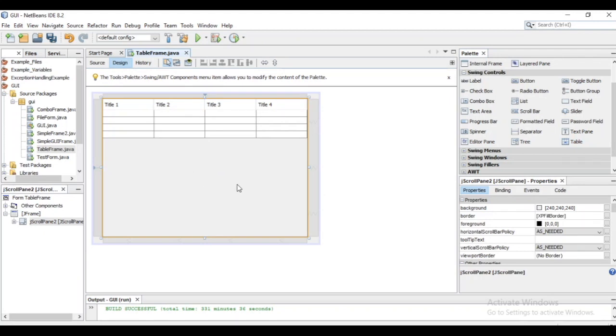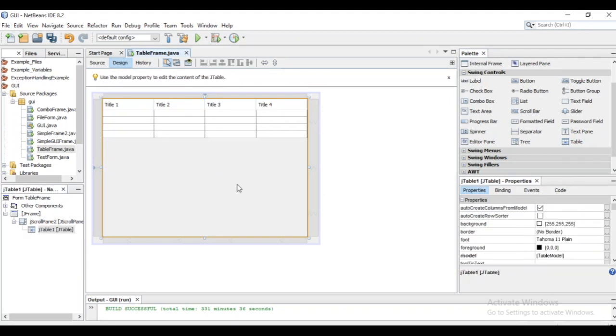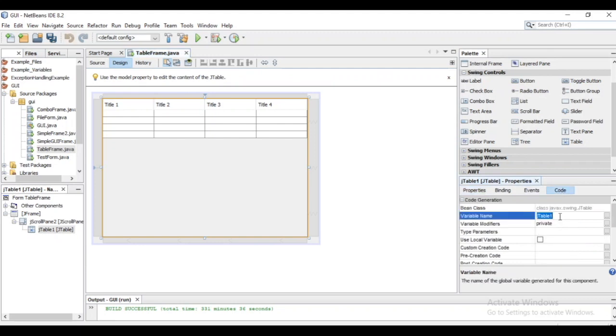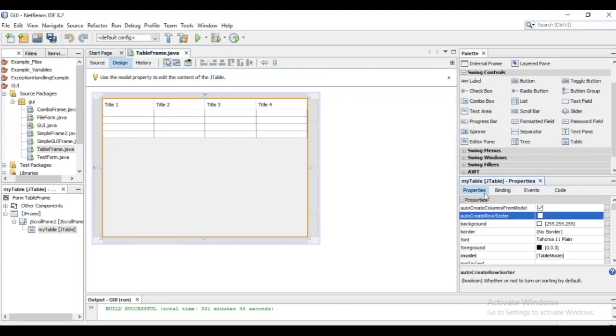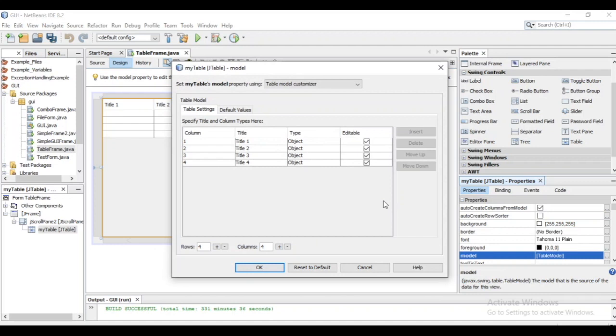If you want to change the name of this table, just click on it and go to properties, code, and here you can change the name of the table in the code, and I will call it my table. Notice here that by default you have 4 rows and 4 columns for this table. You can change that by clicking on this table, going to properties and selecting model, the 3 dots here,